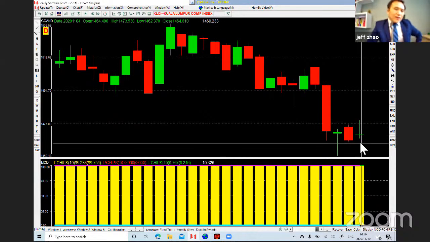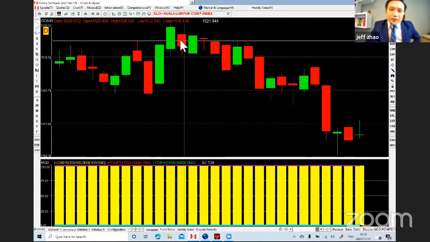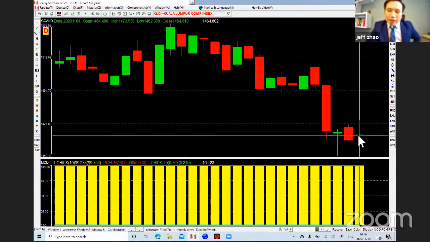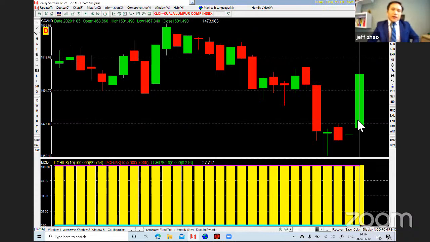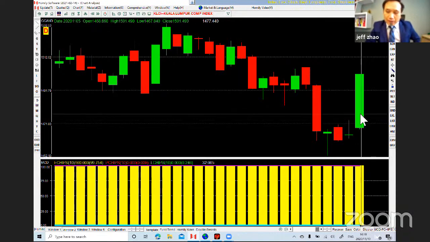So before the election result appears, how do you know whether it will go up or not? Actually, we have known already because it went down for 17 days already. So if the next day goes up, it will go up. Fortunately, the next day went up a lot, more than 30 points. Why? This day is 5th of November. The US election result has not appeared yet. But how come it will go up?